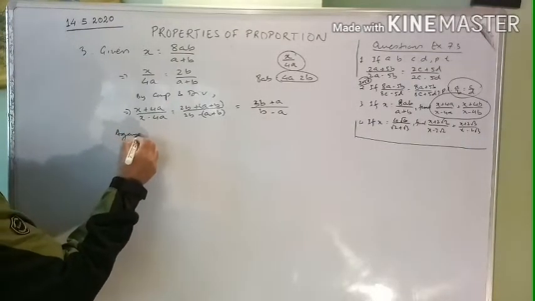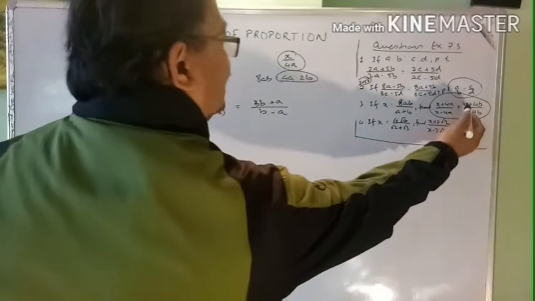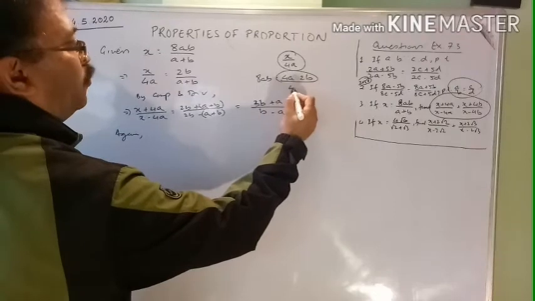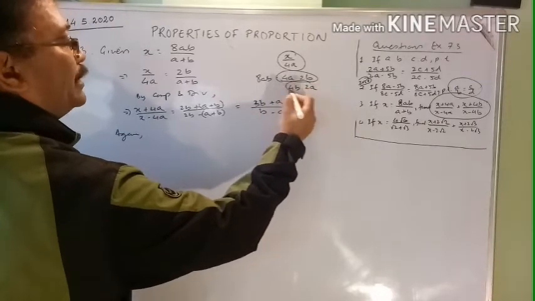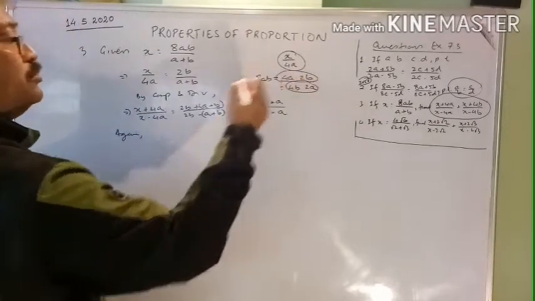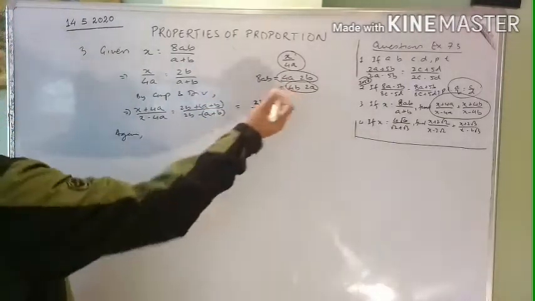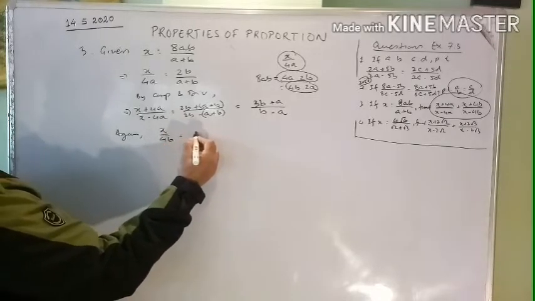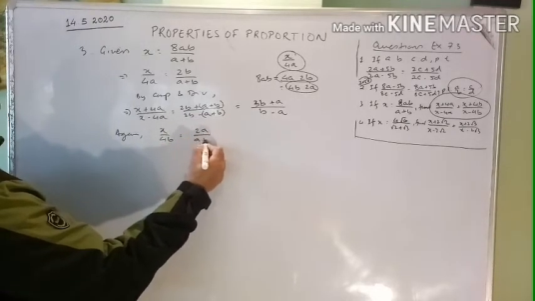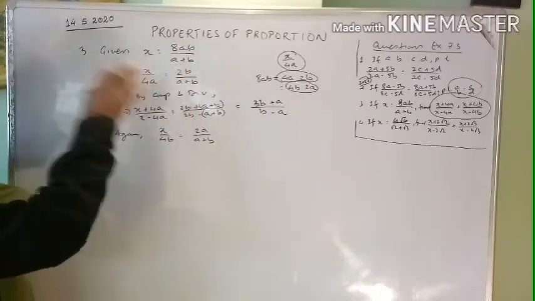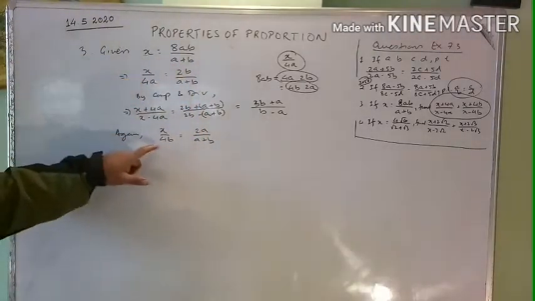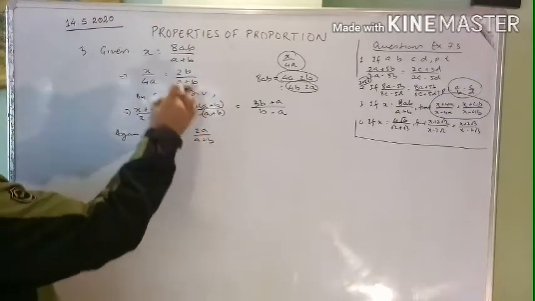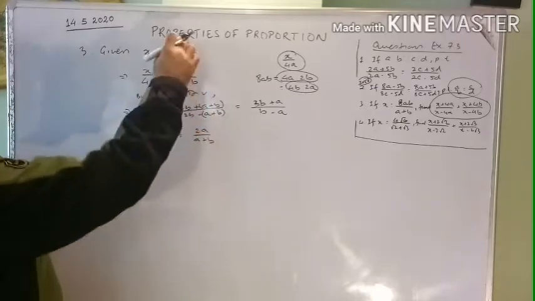Now again, to get the value of x plus 4b by x minus 4b, we split 8ab as 4b into 2a. So 4b we bring down, so we get x by 4b equal to 2a by a plus b. Same way here, we repeat this process. We change 4a to 4b now. So it was 2b before, now it is 2a. So when you cross multiply, you get this, 4 times 8 into a.